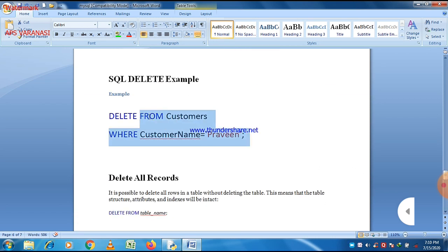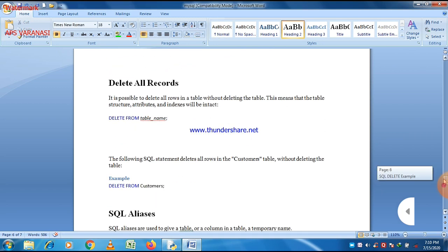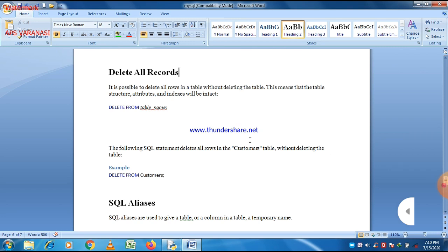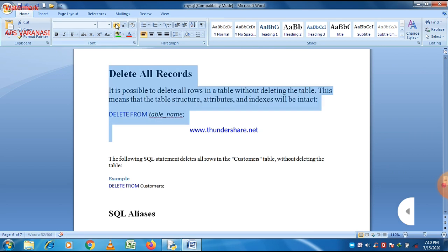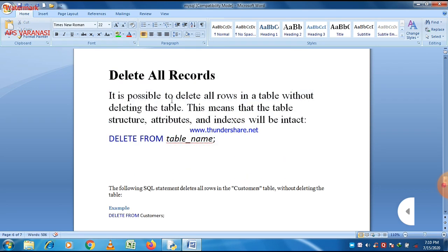Here all data will be deleted where customer name is equal to Praveen. So I think two rows will be affected by executing this statement, and all the records belonging to him are deleted.